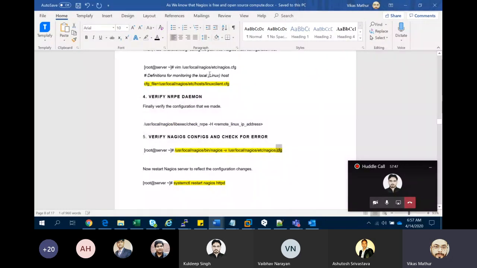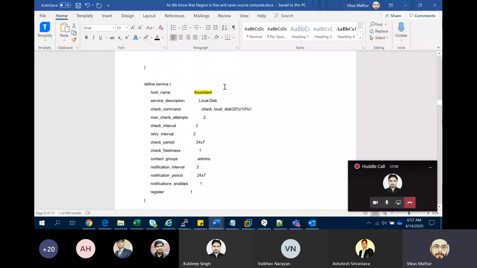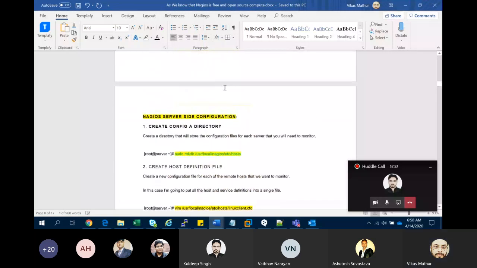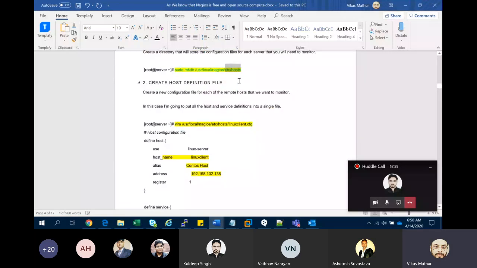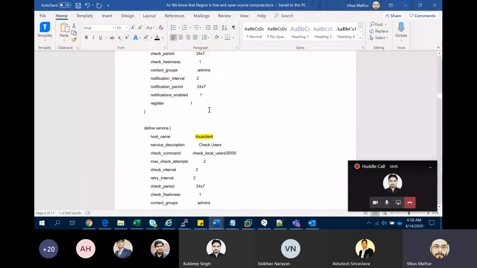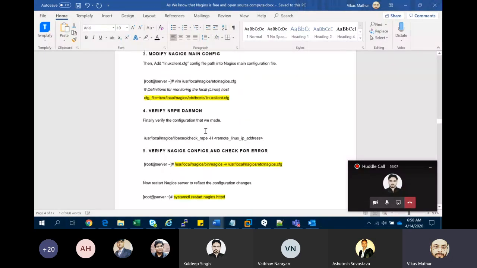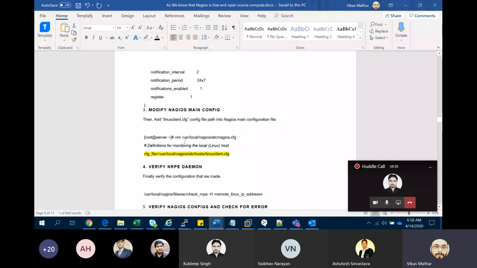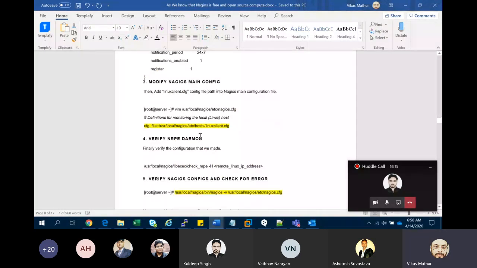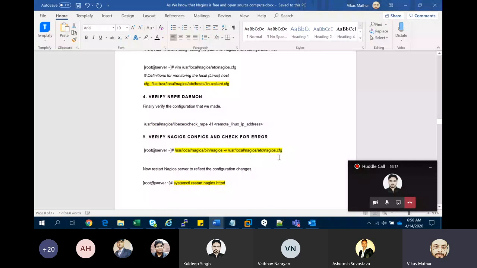Okay, so you see, in the configuration part, these things are important. You need to make a directory in the host file. You have to place that host information, basically what your virtual machine is. My virtual machine host is Linux. You have to post these things. And the third step is you just untag and add that particular configuration file. That's it. After this configuration, you have to execute this particular command.